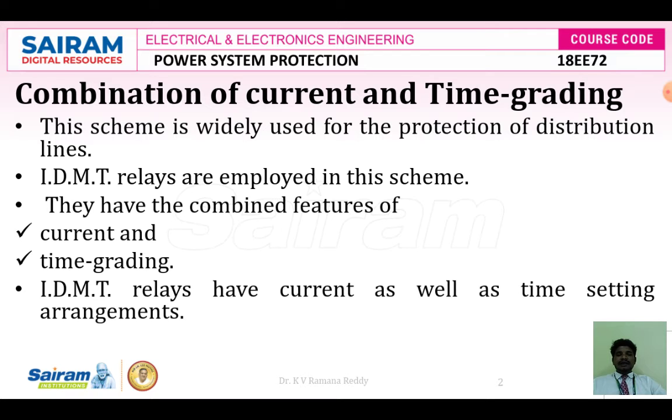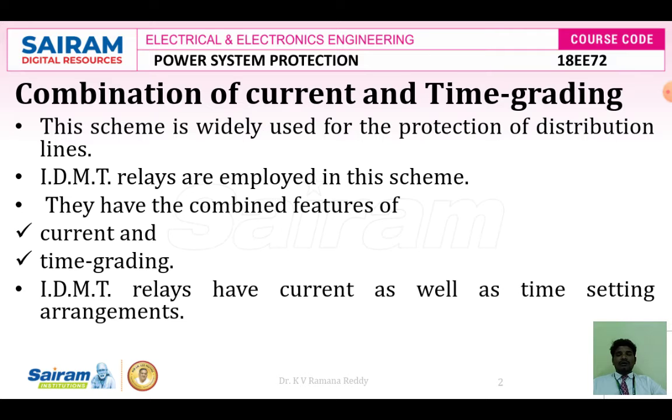Similarly, in the case of the current grading system, the amount of current at section B is more than at section C, and at section A it is more than at section B. Almost 80% of the overcurrent faults are limited by the section A relay, which has a high capability compared to the relays at section B and section C.